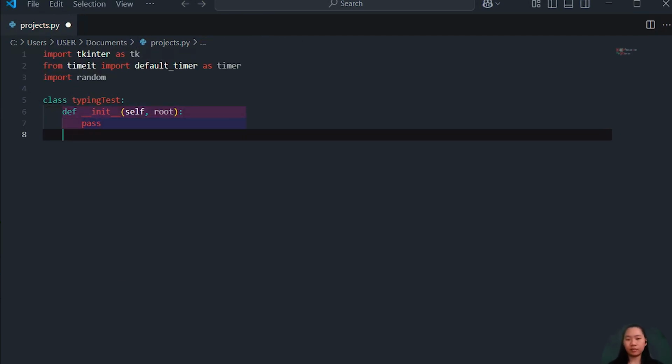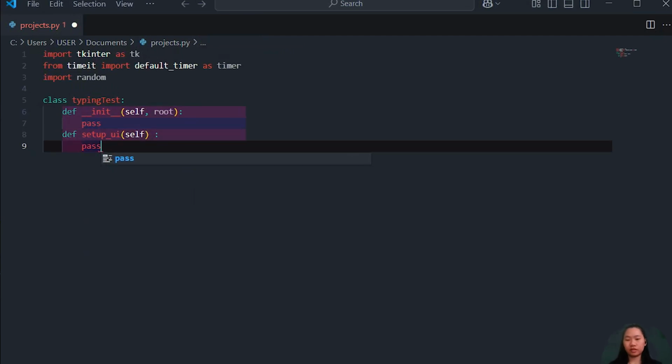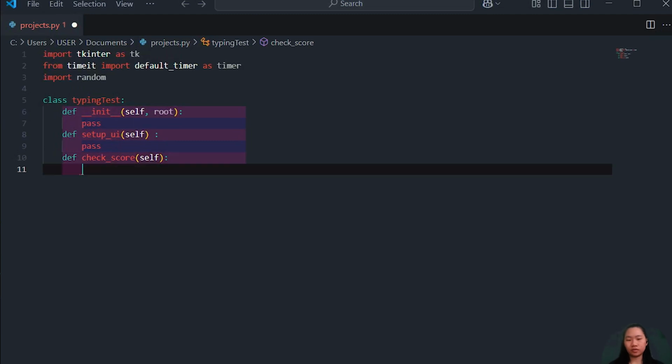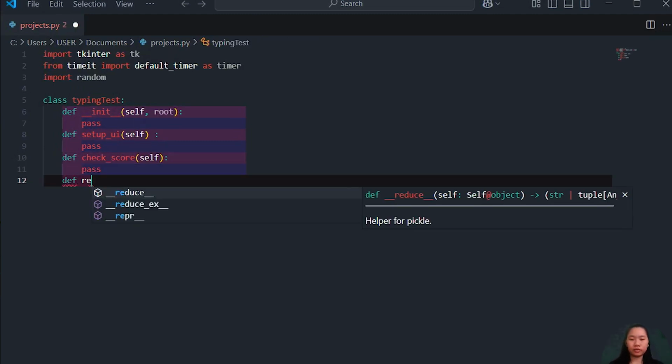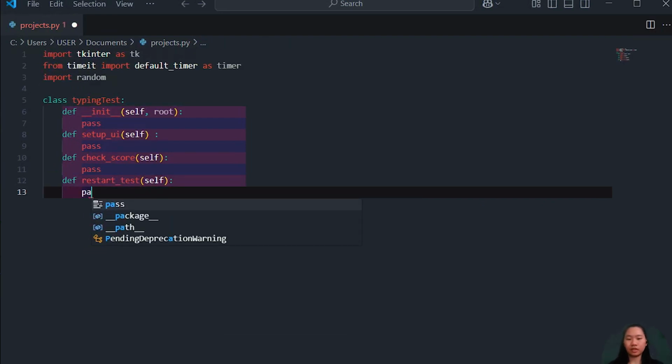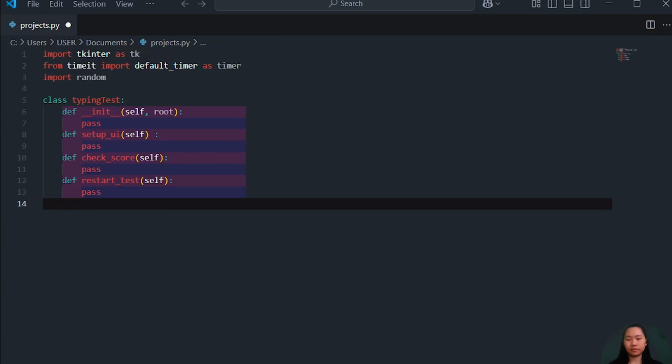And then let's have another function, setup_ui(self): pass, check_score(self): pass, and then restart_test(self): pass. Okay,